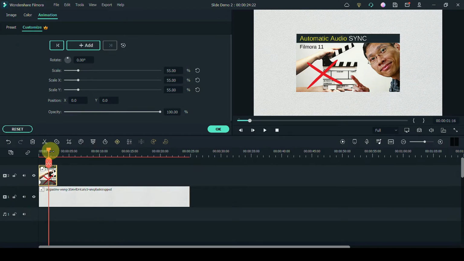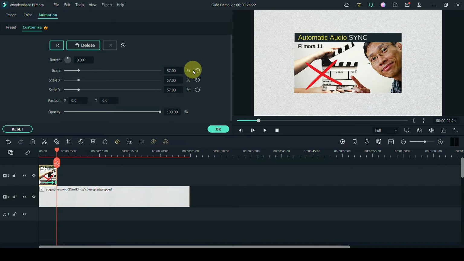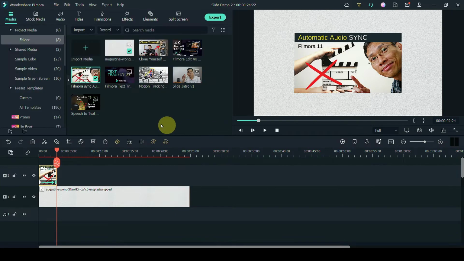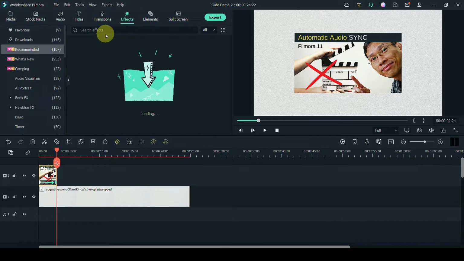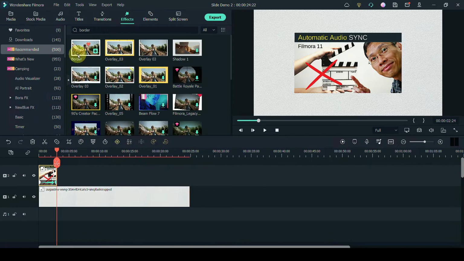Next, I'm going to do the end of this image, and I'm going to add another keyframe, and I just want to have a slow zoom in, and click on OK. Next, I'm going to put the border. Go to Effects and look for border. I'm going to use this border here, click it and place it onto the photo,